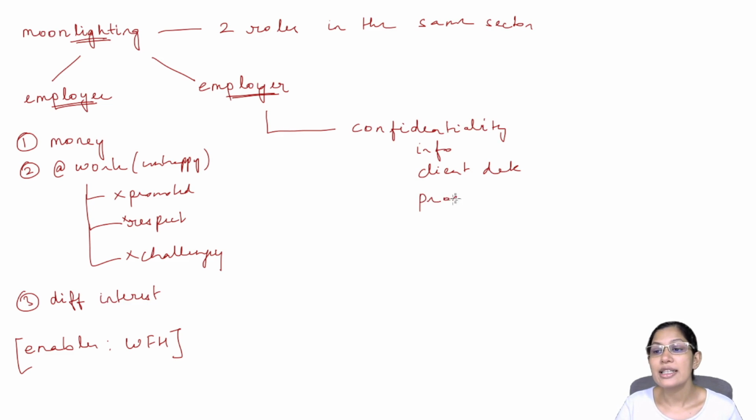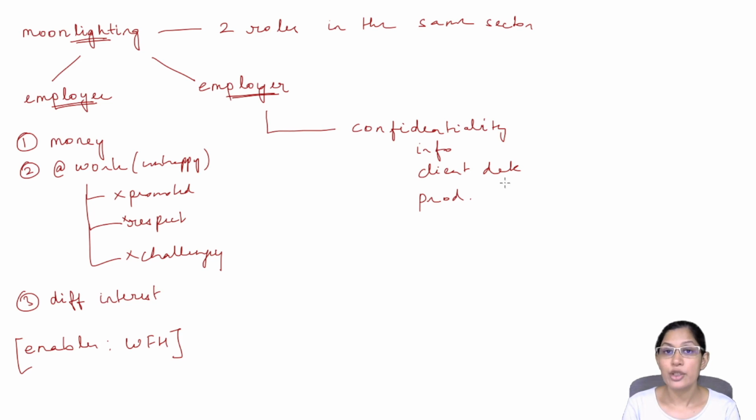And product details, again, it could be from a tech perspective, it could be something like the code itself. If it is any form of, let's say, where there is a particular product, maybe a chemical formula or a medicine or something like that, again, there's access to sensitive information, which is obviously something which the company has developed. So this is the most important reason why a company would not want someone to moonlight. Think of like client data, right?